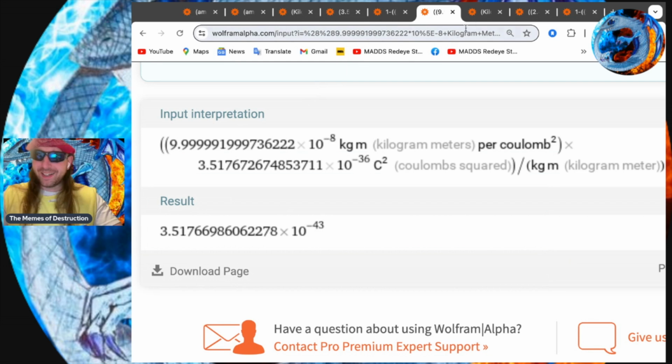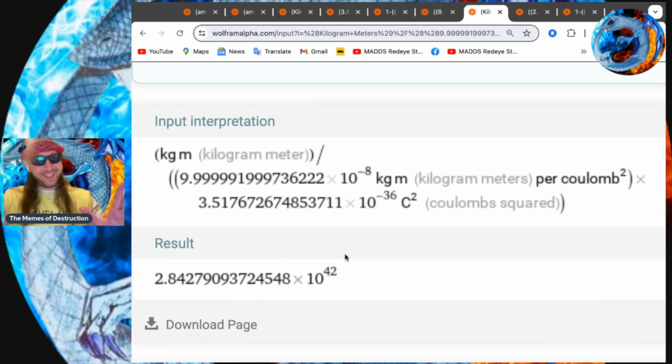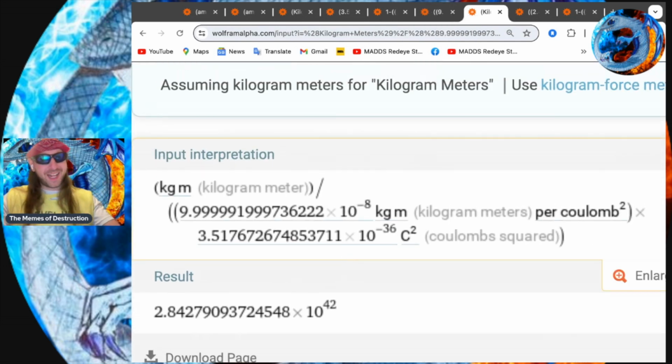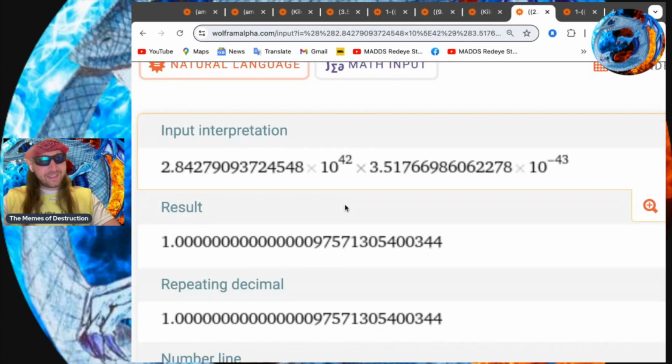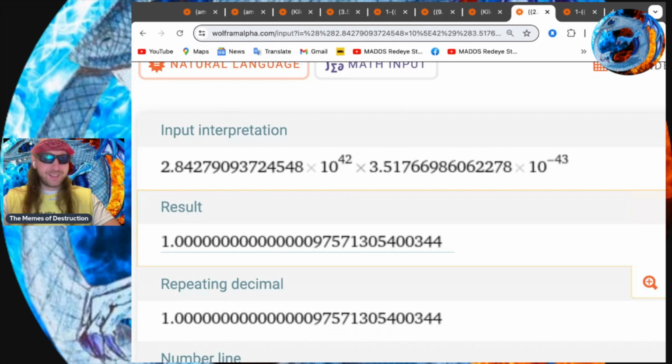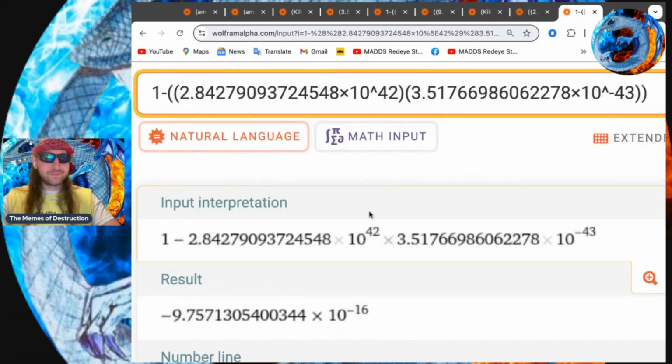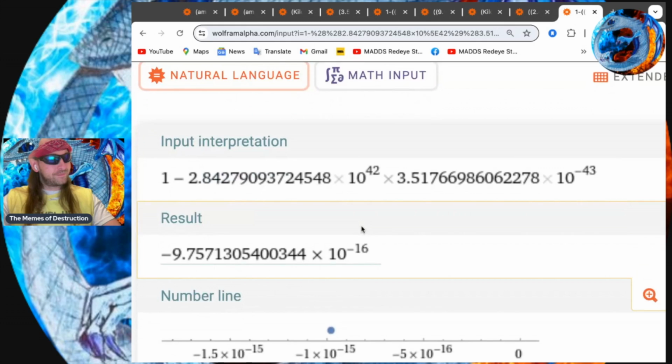All right, so we're just doing the same thing. We're just doing the calculated values. All right, what do we get? That's a good deal of zeros, my friends. How many zeros? According to my calculations, or Wolfram Alpha's calculations, 16. So,